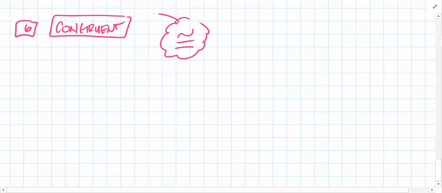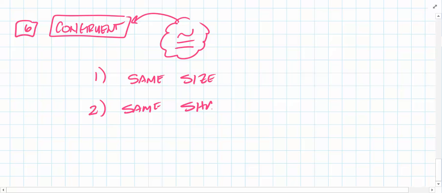Now, congruent means two things, and it will always mean two things. It means same size, and it means same shape. Alright? That's what congruent means. They gotta be both. Same size, same shape. So you're gonna hear me say, what does congruent mean? You guys are gonna say what? Same size, same shape. You gotta have both of those things right there. Okay, so let's talk about a congruent